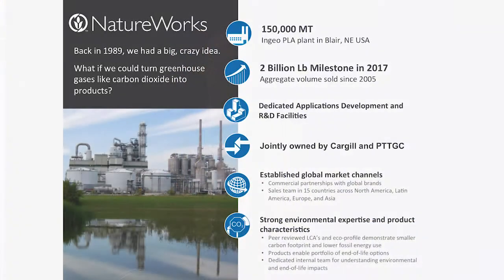So the quick introduction about NatureWorks is that we've been around since about 1990, started as a Cargill project. We are the single largest producer of polylactic acid, and over the course of the 20 years or so, we've been able to build a polylactic acid business in the thermoplastic semi-crystalline application areas, starting initially as a project, and then through a variety of joint owners, Cargill Dow, Cargill Teijin, now Cargill PTTGC. We are in a position where our polylactic acid business is now approaching 2 billion pounds of aggregate sales since